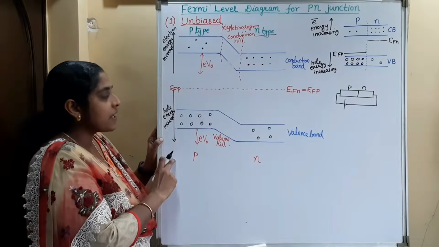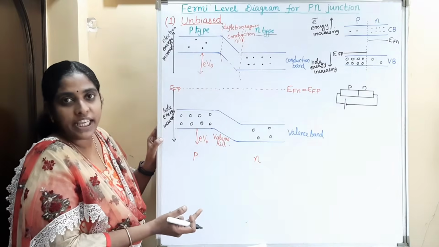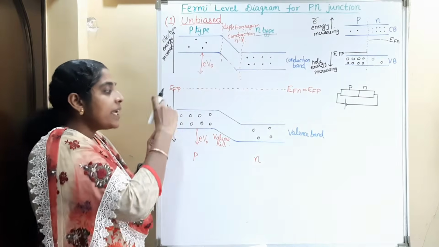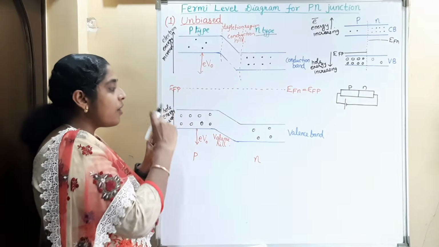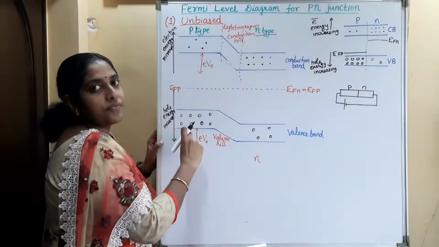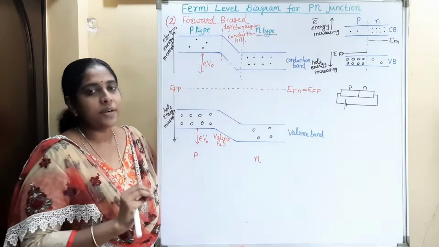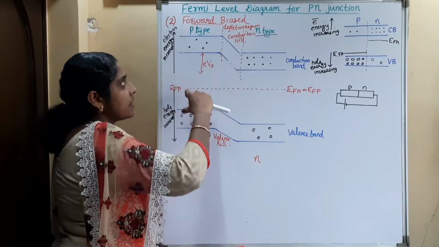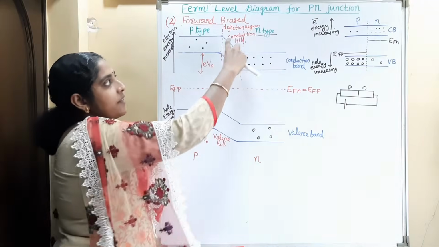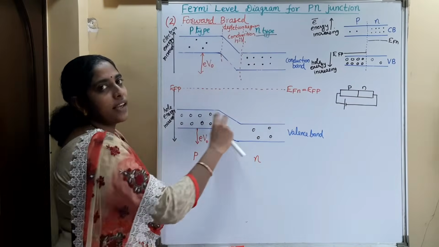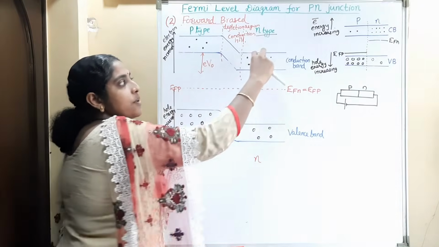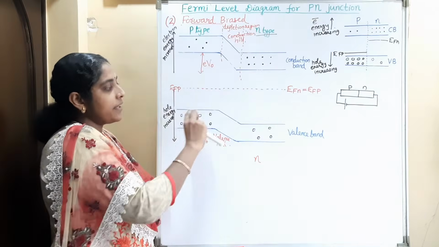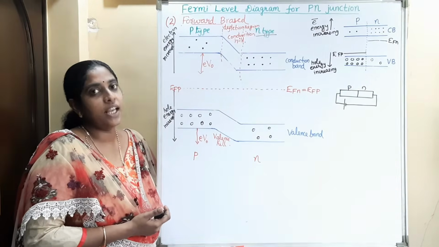Similarly, in the P region, the energy of holes also will increase, but the hole energy increasing direction is downward. So in the P region, because of the increase in hole energy, the band structure will shift downwards. That is, in forward biasing, the band structure on the N side shifts upwards and the band structure on the P side shifts downwards. Then what happens to the height of the conduction hill and valence hill? That will reduce because of the upward shift on the N side and the downward shift on the P side. The height of the valence hill and the conduction hill decreases.